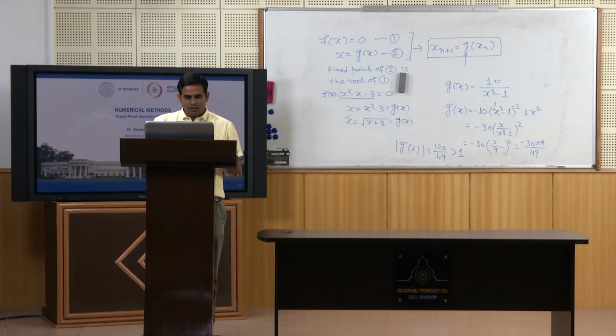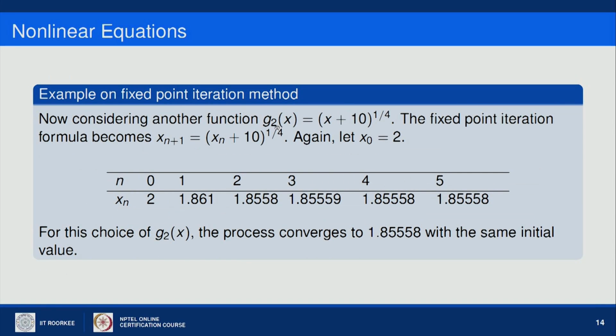If we take another function g for the same equation x to the power 4 minus x minus 10 equals 0, another way of writing g x is x plus 10 raised to power 1 upon 4. Then the fixed point iteration formula becomes x n plus 1 equals x n plus 10 raised to power 1 upon 4. Again, if I start with x naught equals 2, I get x 1 as 1.861, x 2 as 1.8558, x 3 as 1.85559, x 4 as 1.85558, and then x 5 as